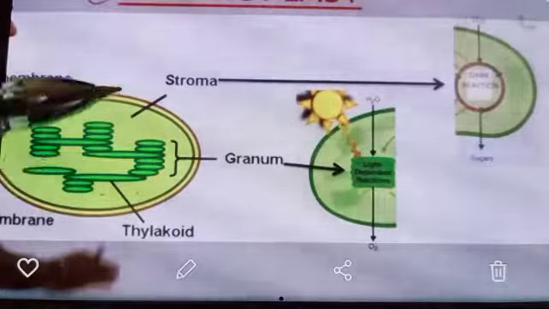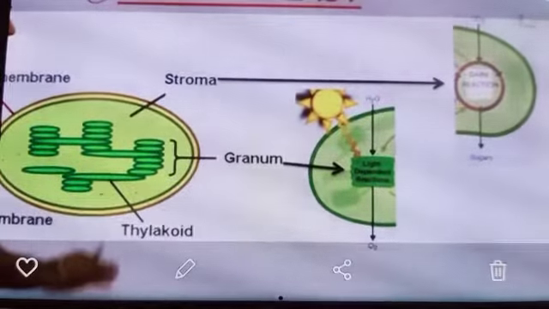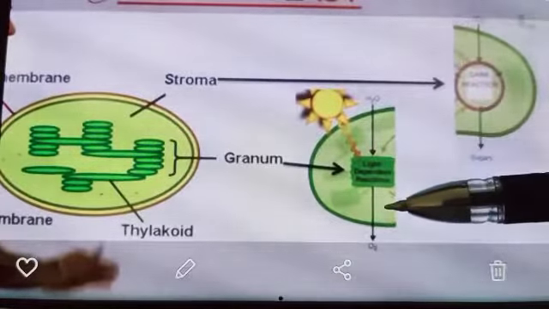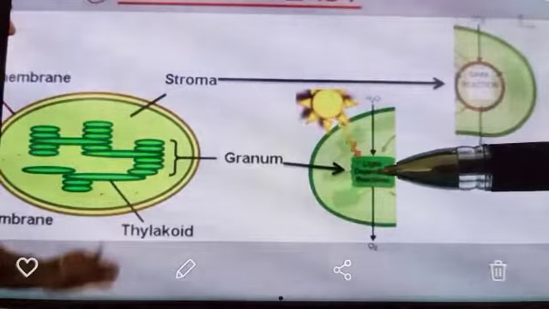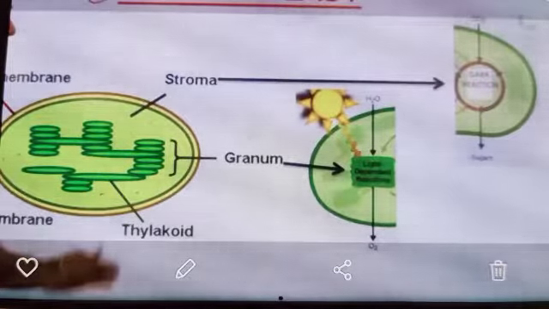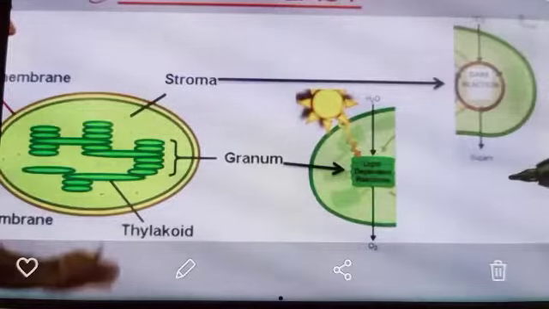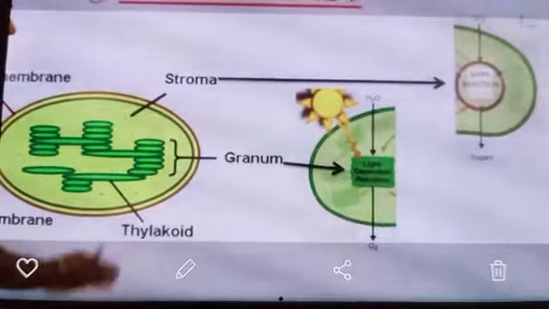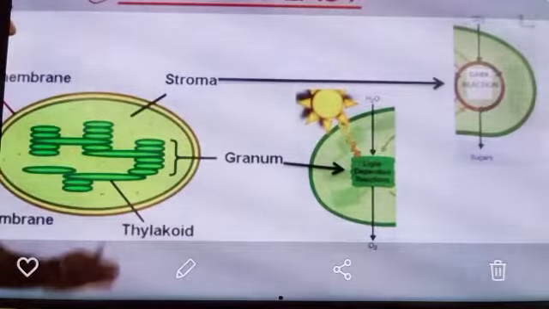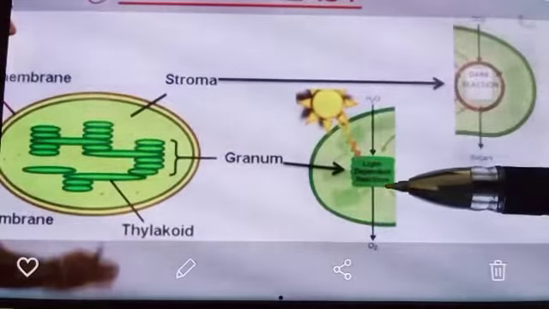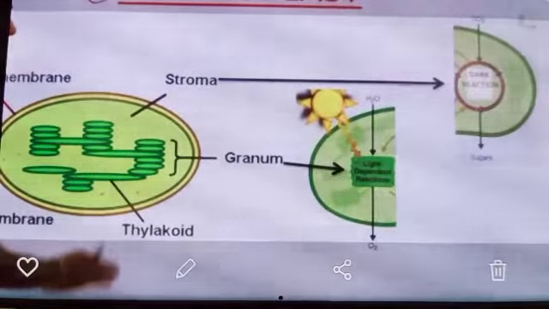Now there are two types of reactions. You can see that in the presence of light the chlorophyll will act in the grana. In the absence of sunlight, that is the dark section. So there are two parts in the chloroplast, the one in the presence of light and the dark section. This is how the food is prepared: the energy of the light is converted into chemical energy in the presence of chlorophyll. Here the chlorophyll will be present and the reaction goes on in this part of the leaf.